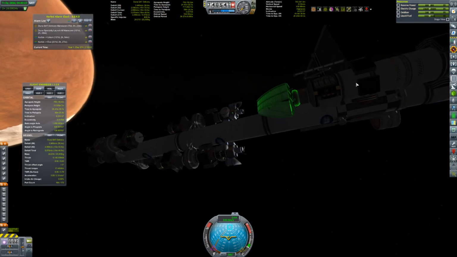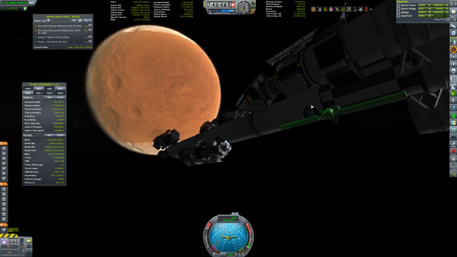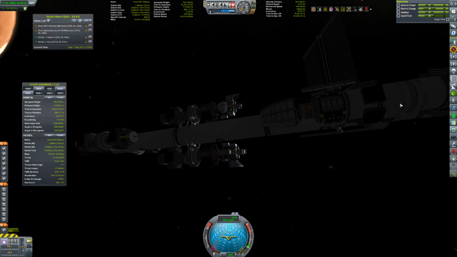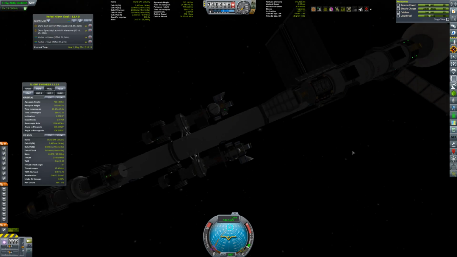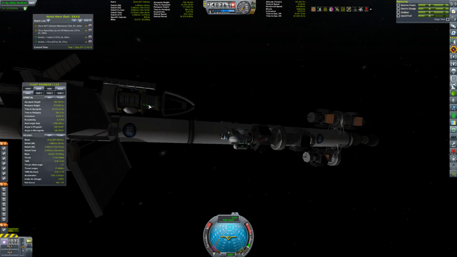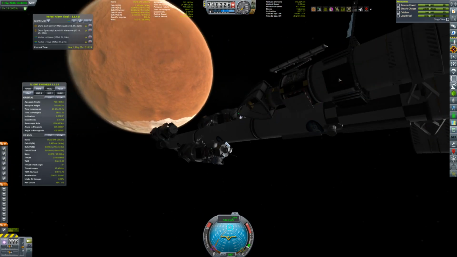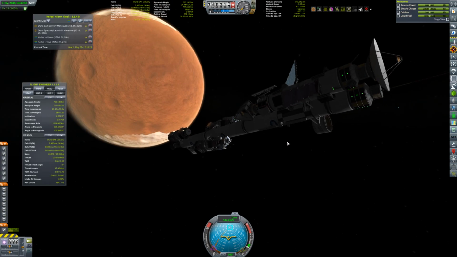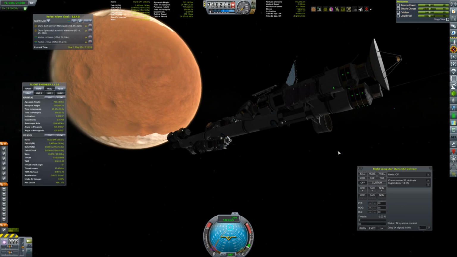But we have a multispectral scanner around Duna. Maybe we get the one around Ike too. Could do the one around Ike now. That's an idea. Yeah, I think so. So let's grab this, activate that. And then once we activate that, we can eject it from the craft and get it to be